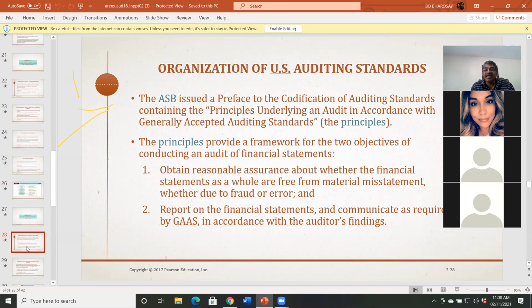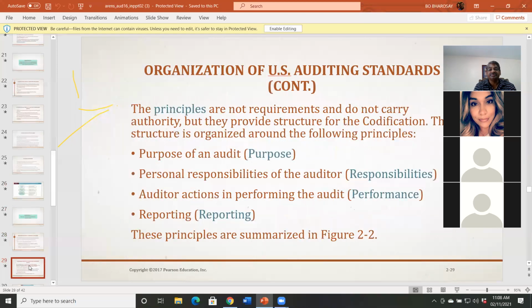Second, report on the financial statements and communicate as required by GAAP in accordance with the audit findings. The principles are not requirements and do not carry authority, but they provide structure for the codification. The structure is organized around the following principles, and you can see the diagram on page 35, broken up. The purpose of the audit,